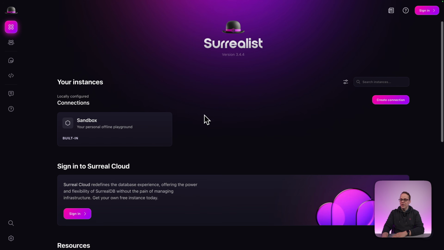Now, here we are in the Surrealist interface. You can get here by coming to app.surrealdb.com or downloading the Surrealist application. We're here in the overview page where you'll land after you open it, and we'll have the option to be in a sandbox if you just want to play around, but you also have the option to sign in to